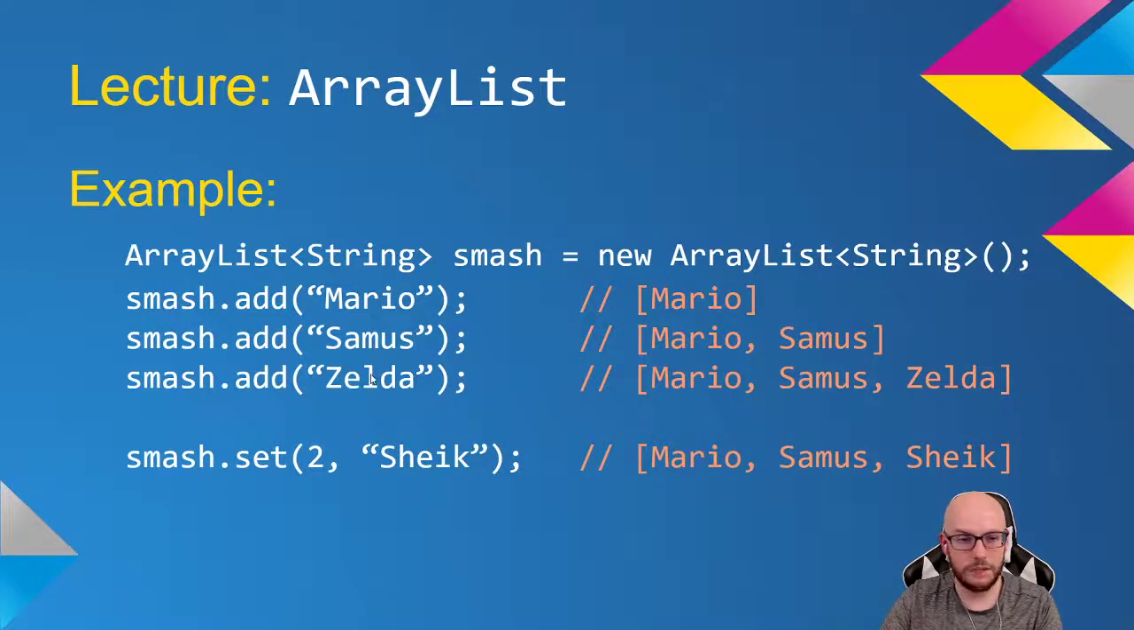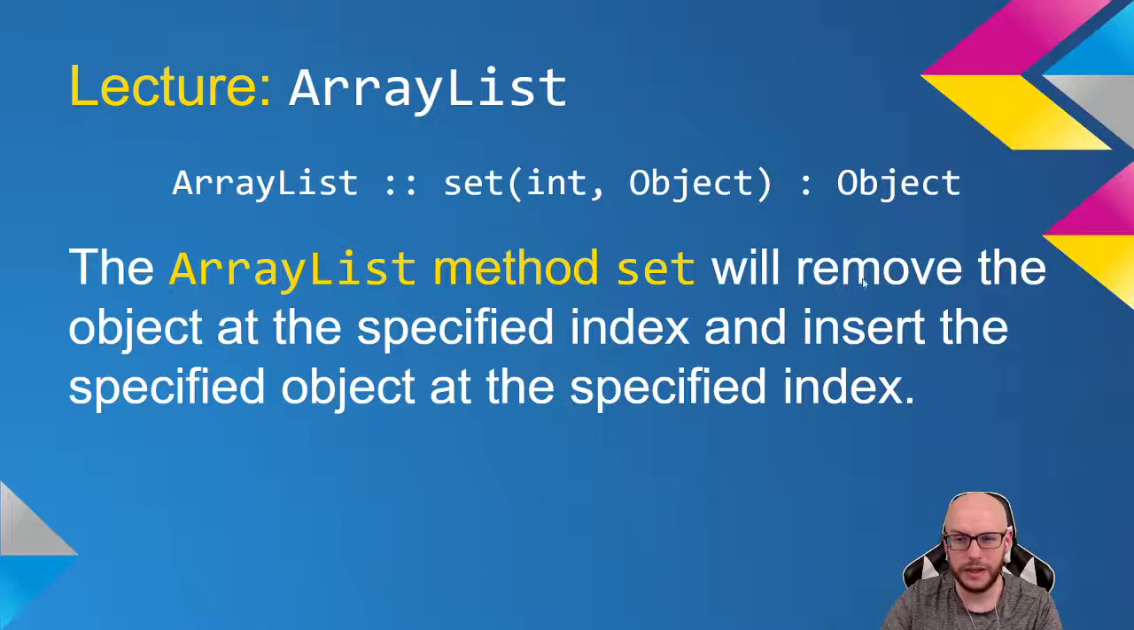Here, I got a very similar array list: Mario, Samus, Zelda. And I want to set index 2. Currently, that is Zelda. I want to set it to Sheik. Okay? This is just a simple replace type of thing, but I kind of broke it apart as I'm talking